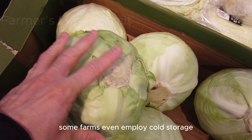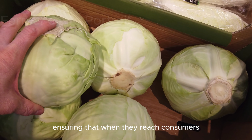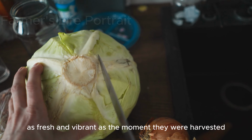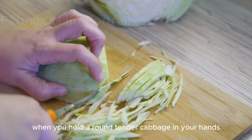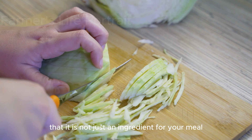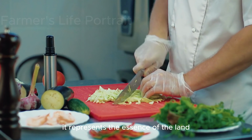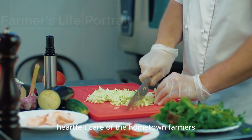Some farms even employ cold storage to extend the cabbage's shelf life, ensuring that when they reach consumers, they are still as fresh and vibrant as the moment they were harvested. When you hold a round, tender cabbage in your hands, remember that it is not just an ingredient for your meal. It represents the essence of the land, the sun and rain, and the skillful, heartfelt care of the hometown